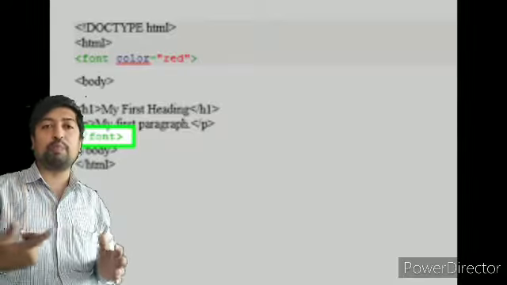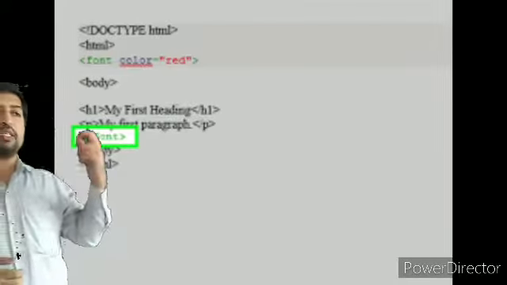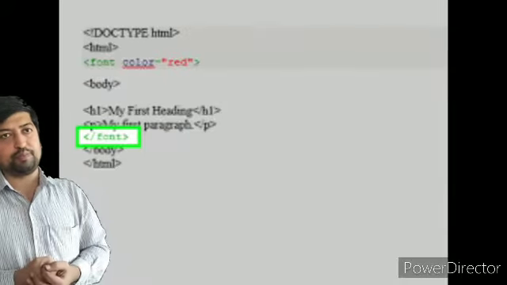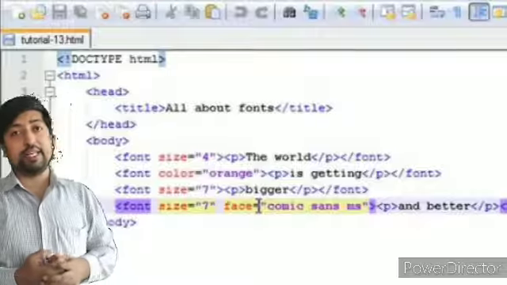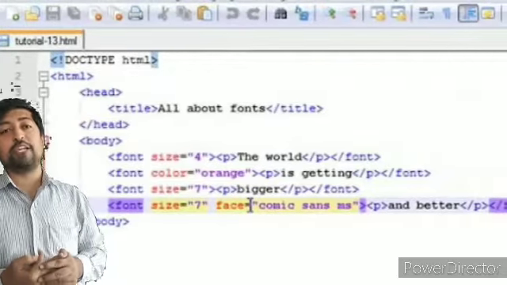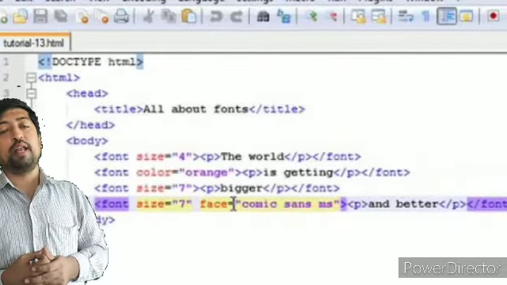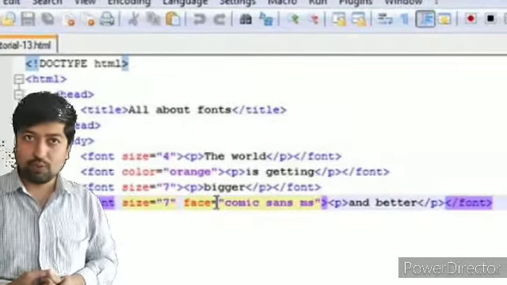Whatever you want to display with a different change, you can give the start tag before it and the end tag after it. For example, if I want to change the color of the name of the student,